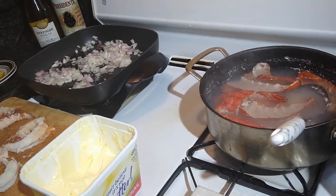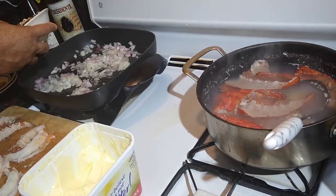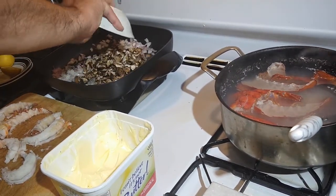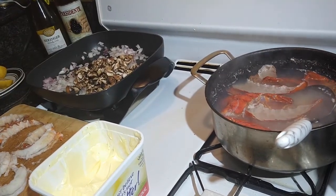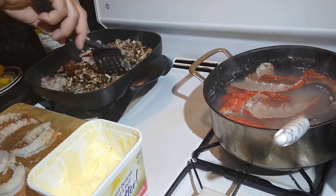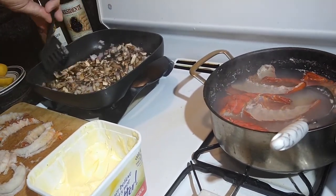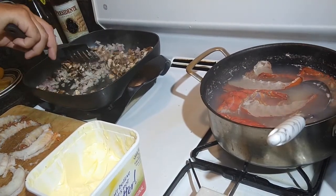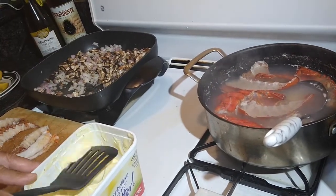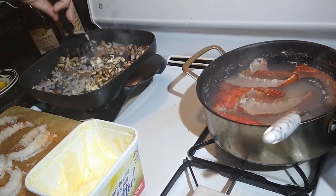Now once that gets cooking, at the same time, throw in your diced mushrooms. Diced mushrooms. A lot of mushroom there, look at that. That's why I'm using a thicker square pan. Stir it around, let it cook. I don't want to bore you with having to cook onion, mushroom, shallots. Throw in butter, more butter, and